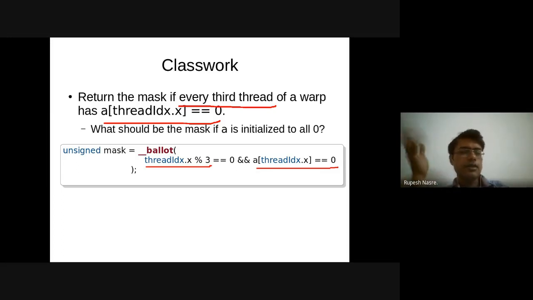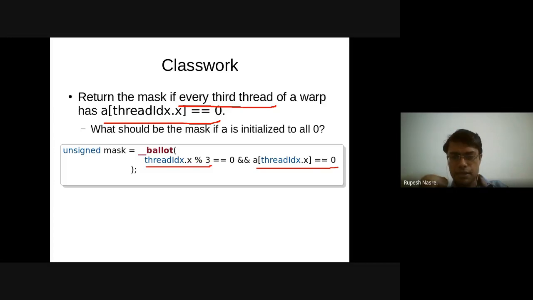The other may not get accessed is what we would have said, but because of memory coalescing, those are going to get accessed anyway. But let's assume that there is some function of threadIdx.x because of which this can be improved by using short circuiting. So that is also fine.